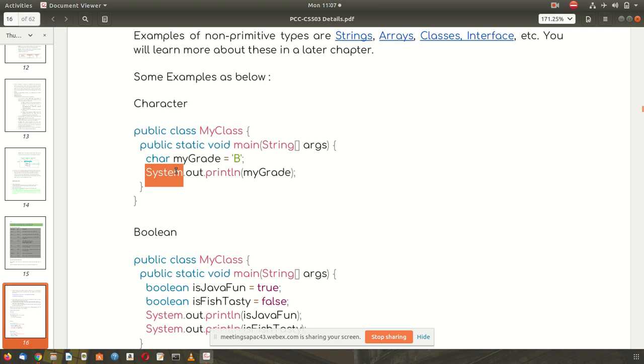So System dot, inside System there is out, then inside out there is a list of many functions. Out of that we are going to use println, and what are we going to print? Migrate. What is migrate? It's a character, the value is capital B.